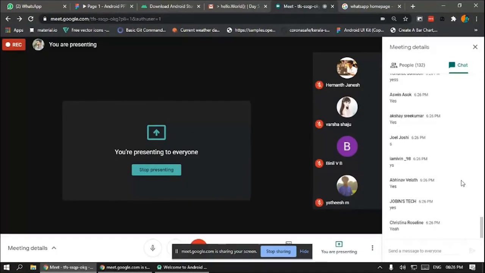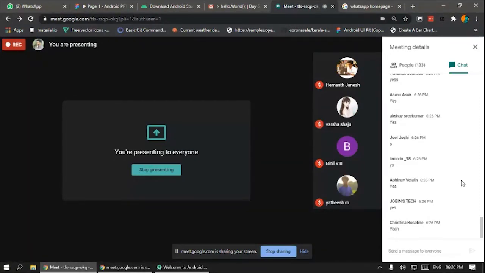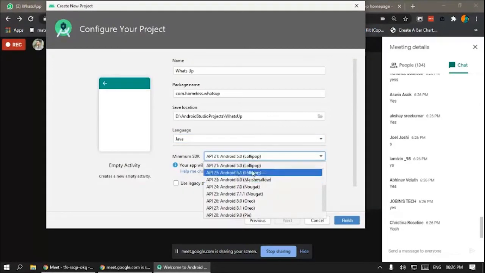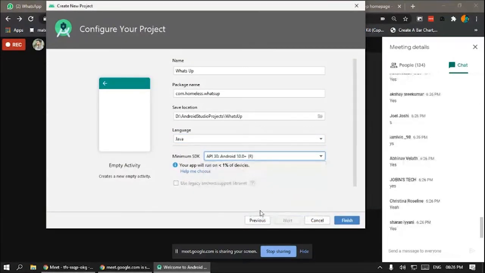So what is your phone's Android version? It may be Android 9 or 10. So if I choose Android R, it is not going to work on any devices because the minimum required is Android R. If I choose 10, it will work on 8.2% of devices.